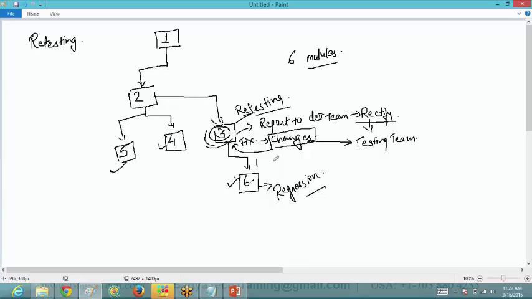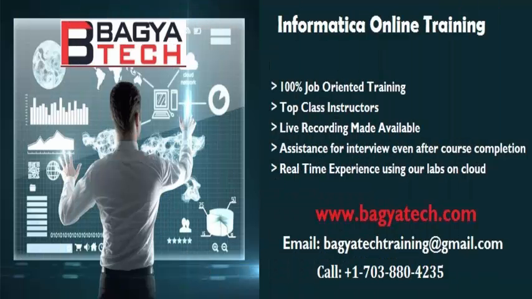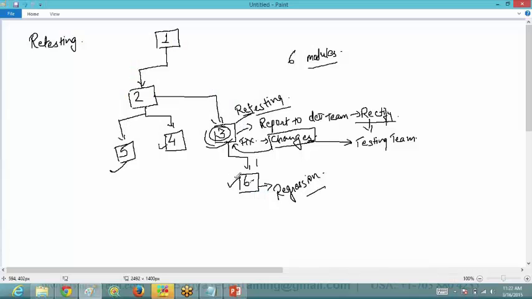But after retesting, it becomes important that you check whether the dependent modules, which were previously working fine, are still working in the same manner after the changes are done.